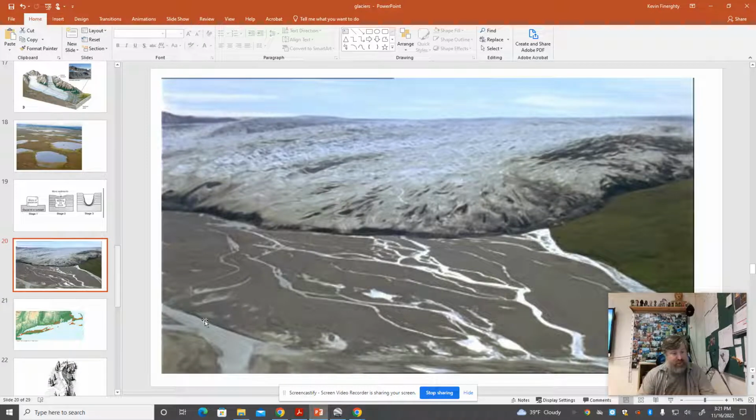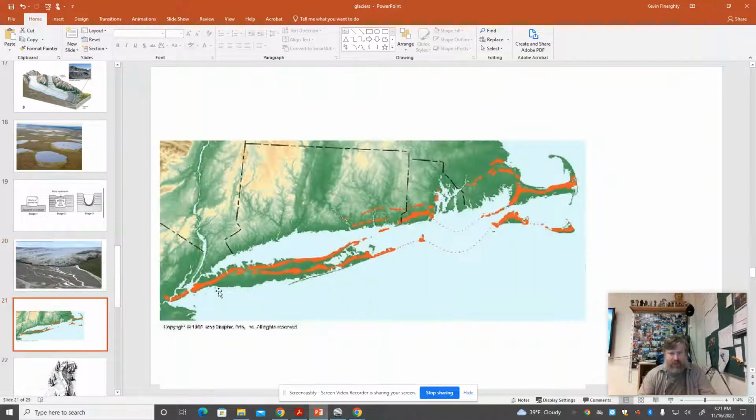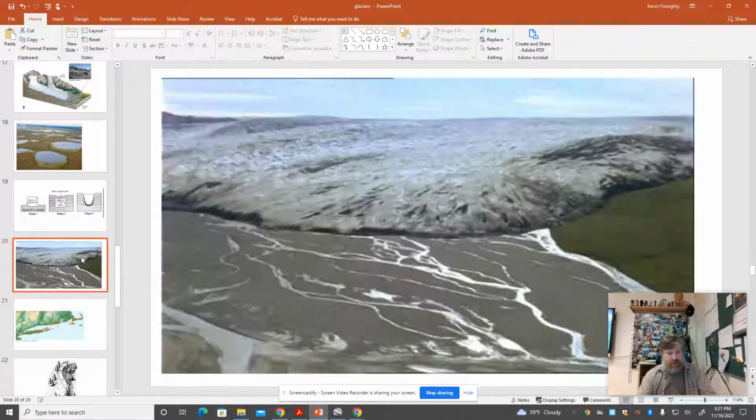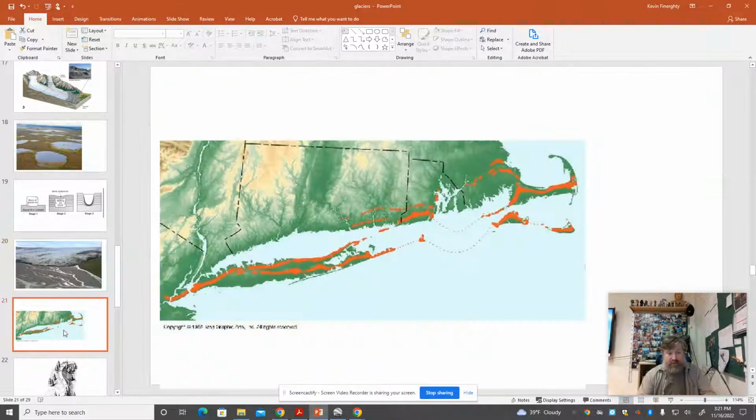Outwash plains. So this would be a big one. So the map of Long Island again, you've got the moraines. Now throw 10,000 years of rain on top of those, plus all of the water, which was significant, that was melting off of the glacier as it retreated. And that's going to pick up a lot of sediments. So what's interesting here is that you get the moraine itself, which if we're following along should be unsorted materials,